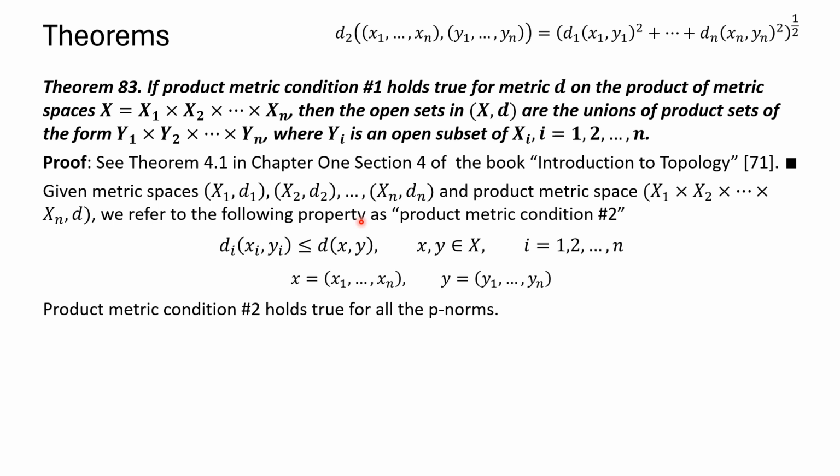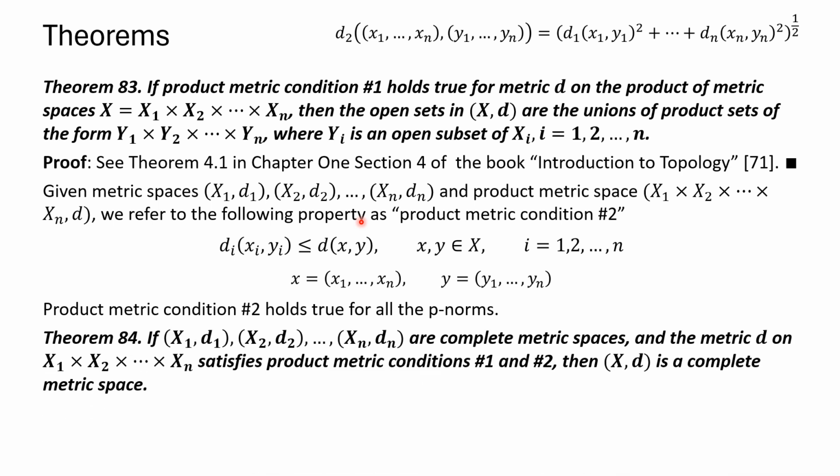And if you have the metric condition, well, I said that. Now, if you have both conditions 1 and 2 holding for a product of complete metric spaces, then the product itself is also a complete metric space. So let me just say that again. So we have a set of n metric spaces that are complete individually, and we take the product, the Cartesian product,